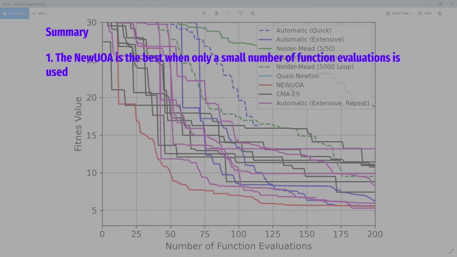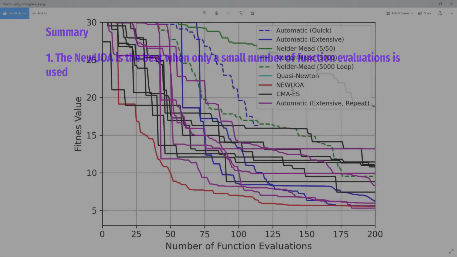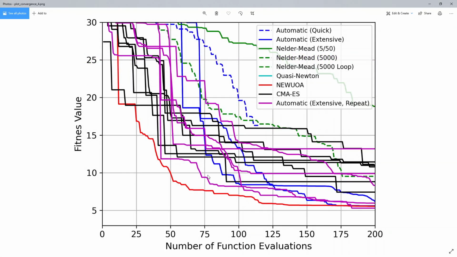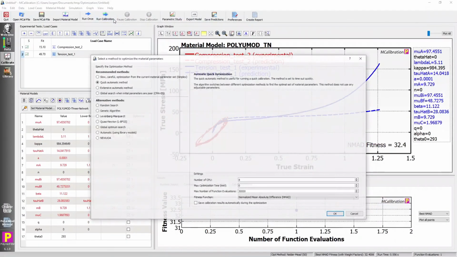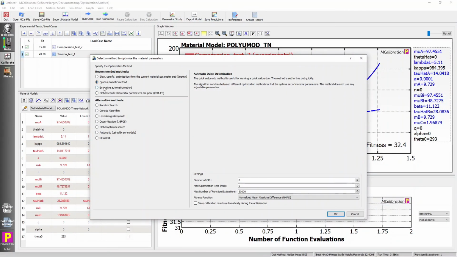But if you have the time to run many function evaluations, just like I did here, where each of these calibrations takes half an hour or something like that, which is pretty quick relatively speaking, then if you're allowed to do that, I would turn on the repeat in the extensive automatic, because that improves the results. It takes longer to run, but it certainly improves the results. Or you can switch over to the